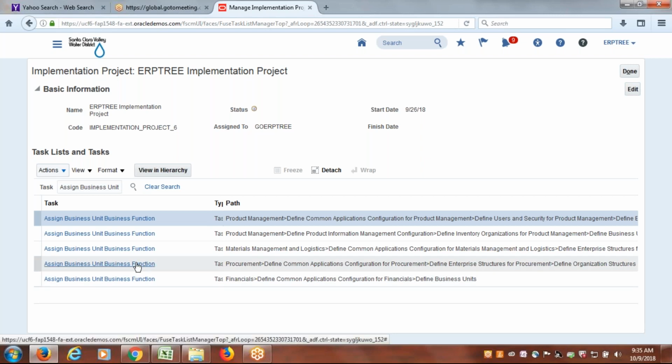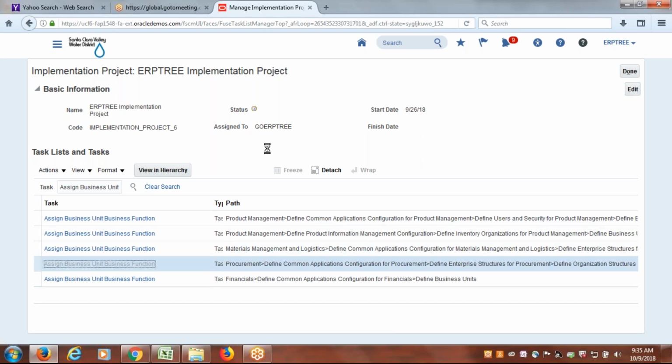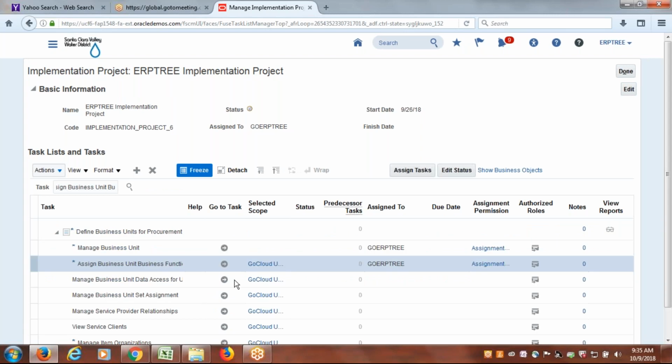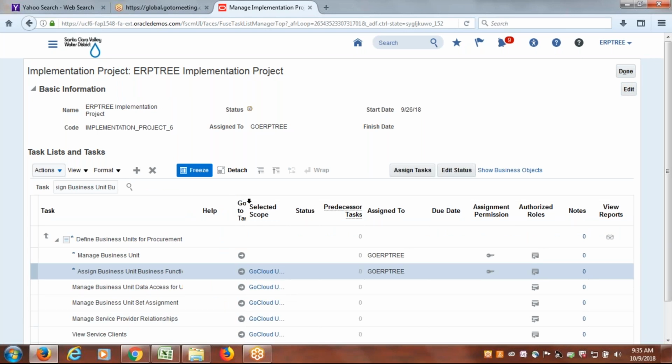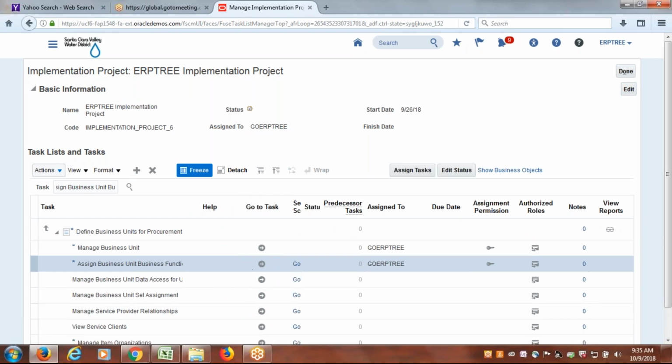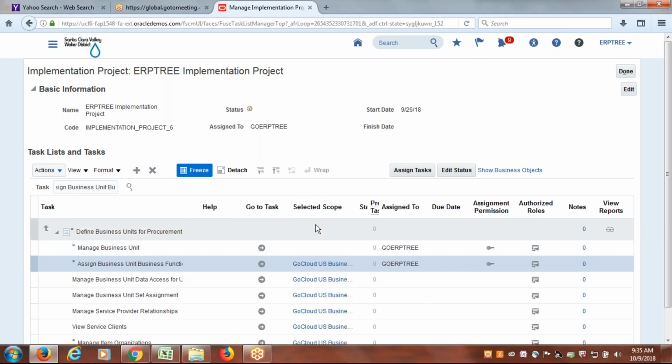The task name remains the same. I'm just selecting a path which is related to procurement or material management or product management, anything you can select. So here this is a task. Let me drag a little right here to see that name. Just one second. Yeah, this is a task: assign business unit business function. So already